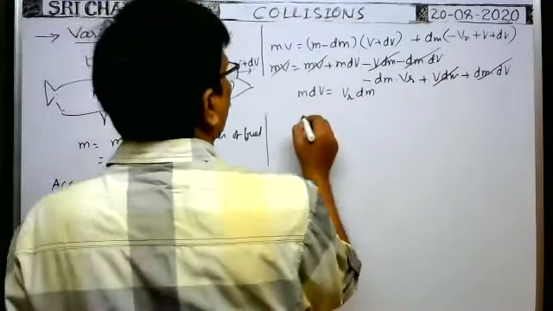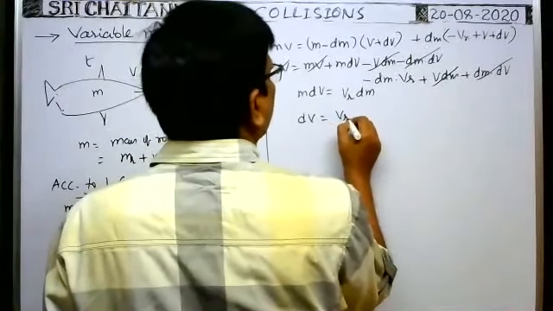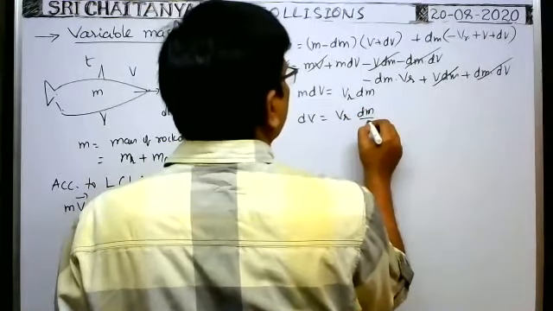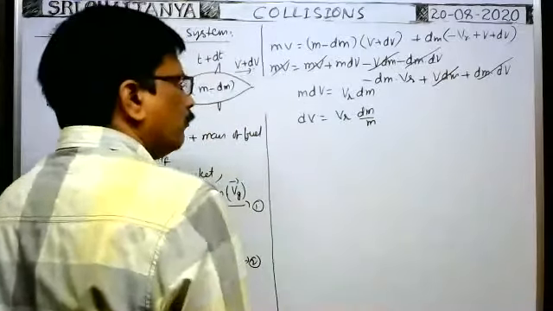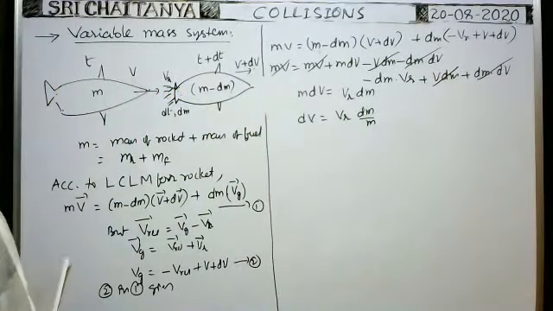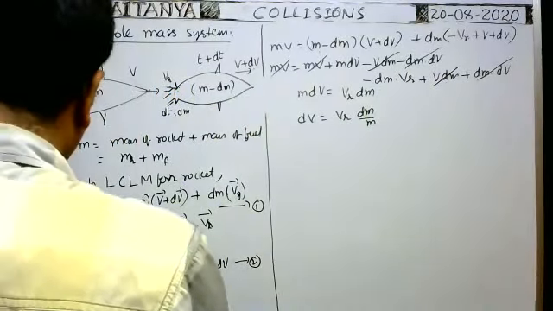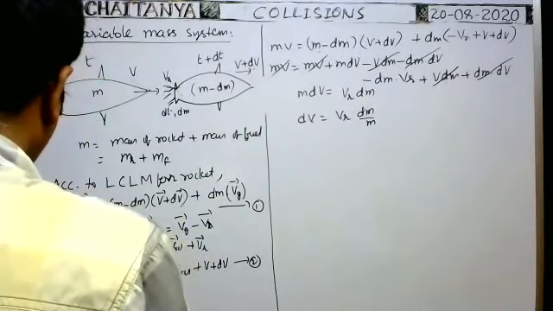Okay, therefore dV is equal to Vr into, we can write dm by m, no? So dV is equal to Vr into dm by m. Okay, now